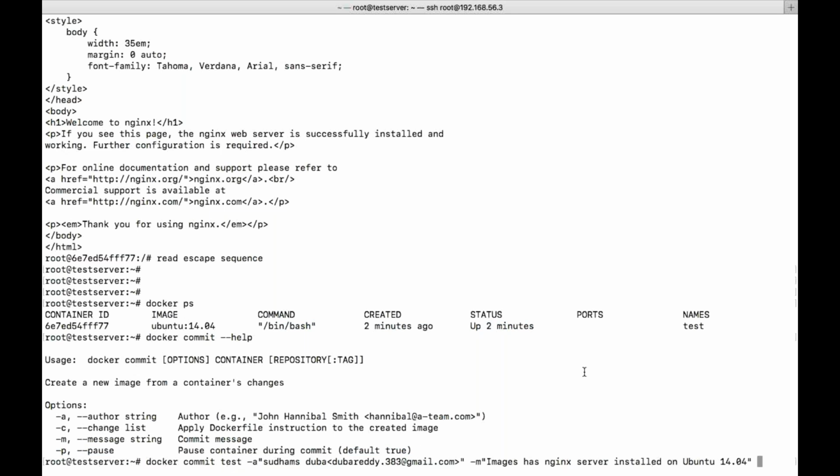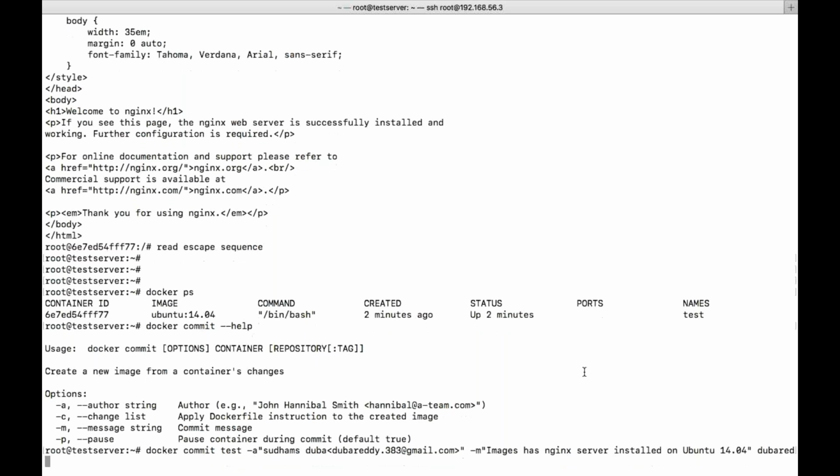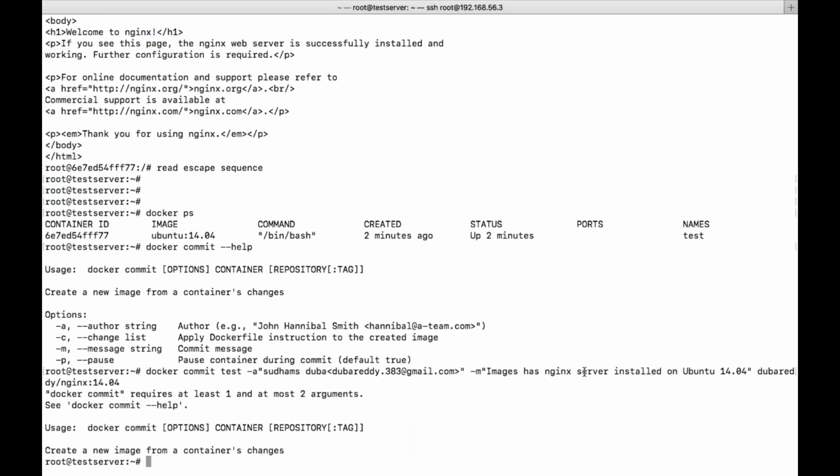So now give the name of the repository, what you want to create. Beautiful. Just I gave like that. Creating a new image from the container. Docker commit requires at least one or more arguments. What I missed?